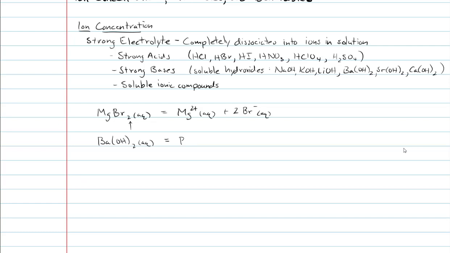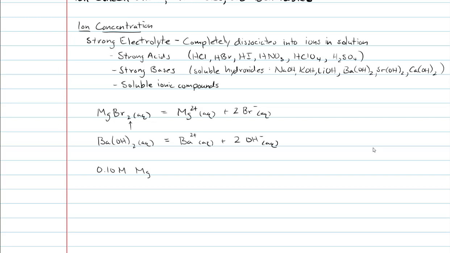In water, that's a barium ion, which is dissociated in addition to 2 hydroxide ions. So what this means is that if we know the molarity of either of these compounds, say magnesium bromide or barium hydroxide, the molarity of the ion will be the coefficient of that ion times the molarity of this compound. So for example, if I had 0.10 molar